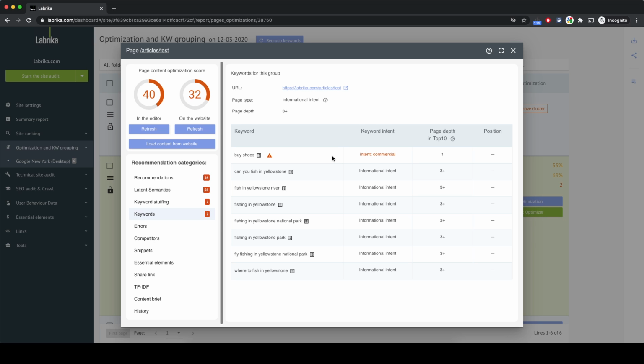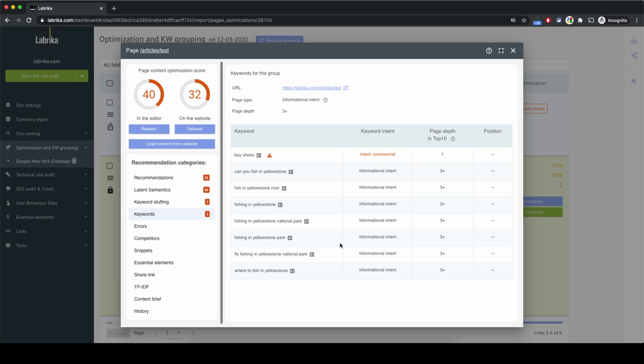Like I said, we've purposely put something that really draws your attention to it, but you could, like we said, have buy fishing rods for Yellowstone National Park. Because it's not a product page, it's not likely to rank well. The content would not align with what the top 10 would want from that. So we've of course ascertained that looking at your test URL page, which is selected here, that we're looking for informational intent keywords, and normally this type of page to rank well in the top 10 would be about three